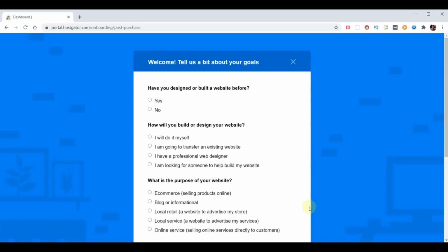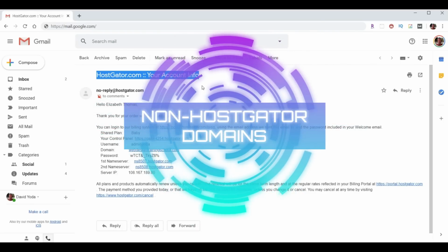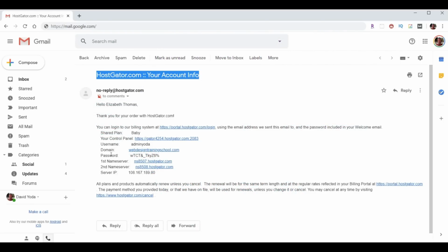So to proceed, you're going to go ahead and head to your email, and you want to look for an email from HostGator.com that says your account info at the top. If you purchase a domain name while setting up your HostGator account, then the next piece of information will not apply to you. If you already owned your domain name and didn't purchase one with this process, you're going to